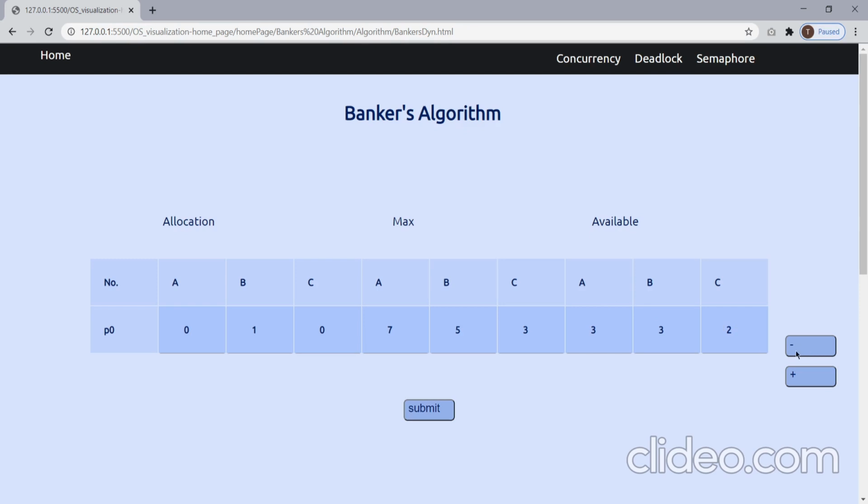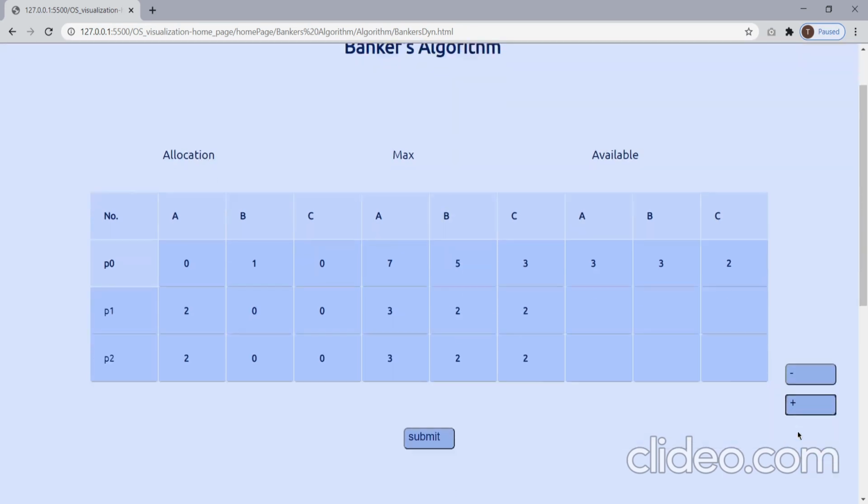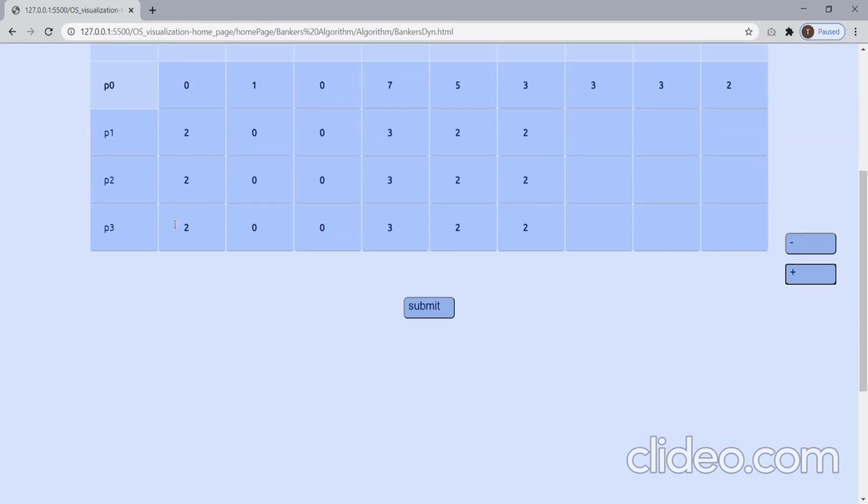Now here we can see two buttons, that is subtract and add. We can add or subtract the number of processes in the system. So let me add some processes into the system.